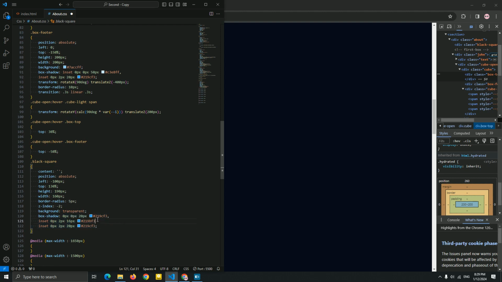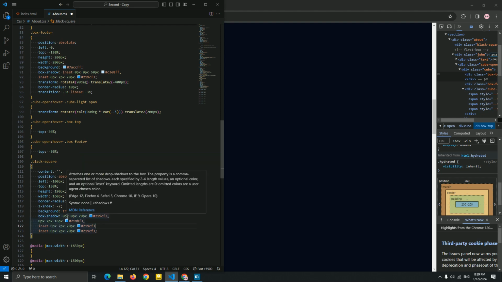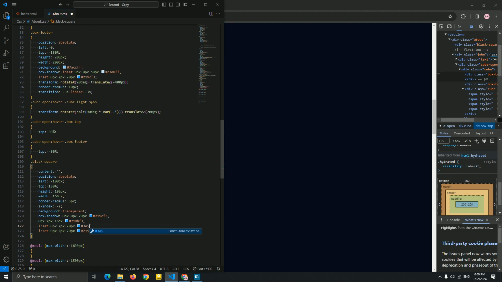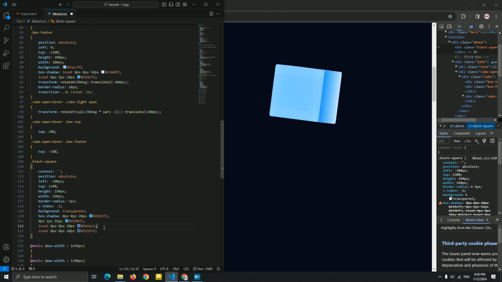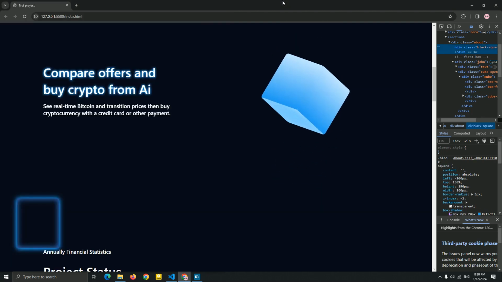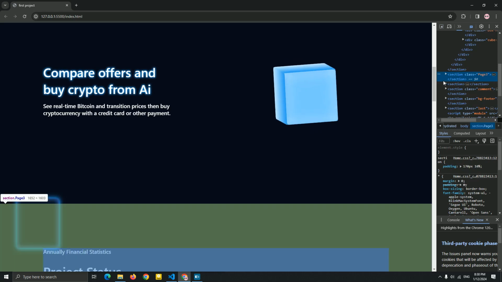So for this inset, guys, I'm gonna add this color, and for this I'm gonna add this color. So as you can see, we just added this color, and I'm gonna change a setting of this in inspect of this Chrome. So let me just see it. Okay. Yep, I just created it right now, as you can see it, guys.